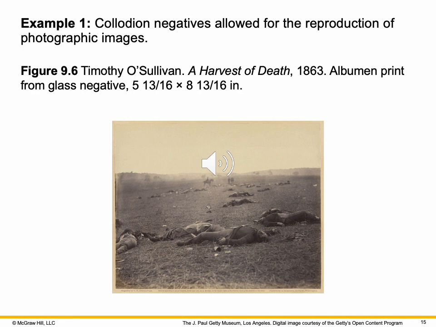U.S. Civil War photographer Timothy O'Sullivan created collodion images that have become part of the American cultural identity. Yet none pictures a battle underway. Instead, photographs such as A Harvest of Death, as seen here, document the quieter but still powerful moments before or after the fighting. A Harvest of Death was taken in the aftermath of the Battle of Gettysburg in July 1863,